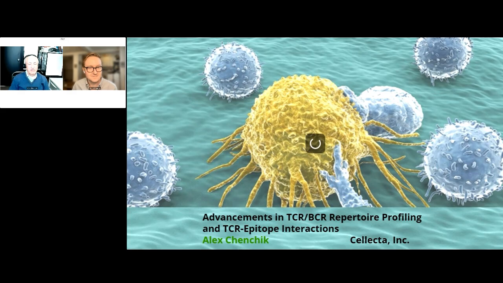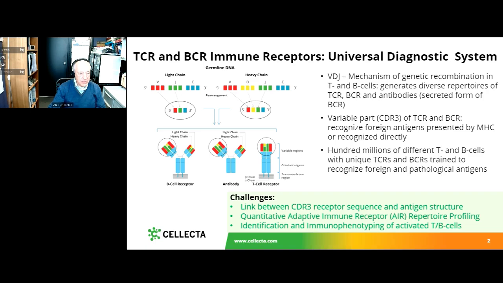We are going today to talk about immune receptors. And immune receptors, if you study in the school, are the most complex genetic system created by nature. If you look at the slide, I would like to remind you that B-cell receptors, T-cell receptors, and antibodies, which are the soluble form of B-cell receptors, are organized in a very similar way, with CDR3 regions shown in